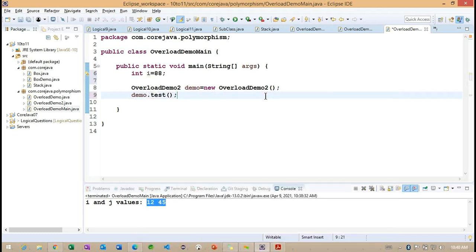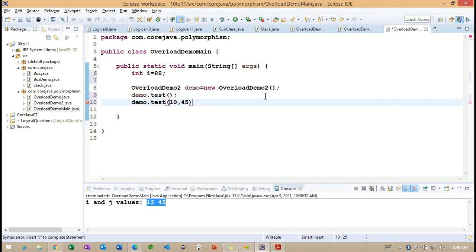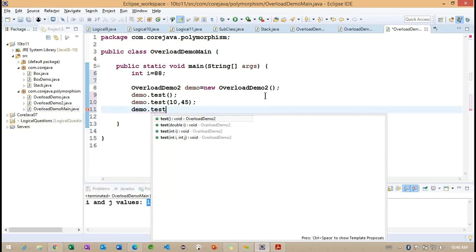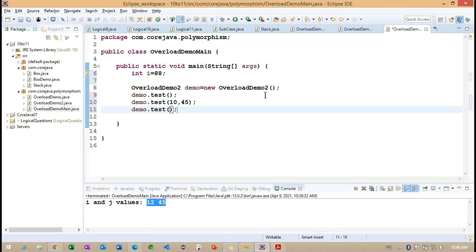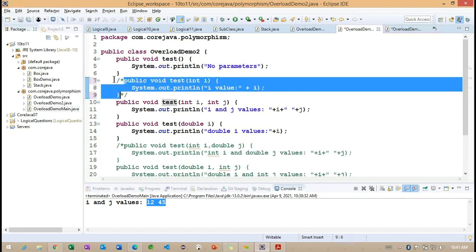I'm calling the default method, and another method which takes integer values 10 comma 45. And I want to call one more method, this particular test method, where I want to pass i.